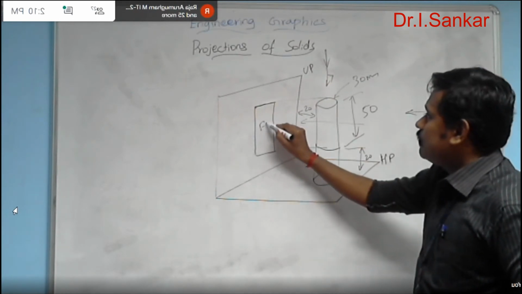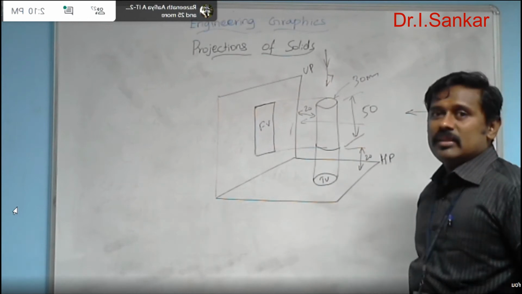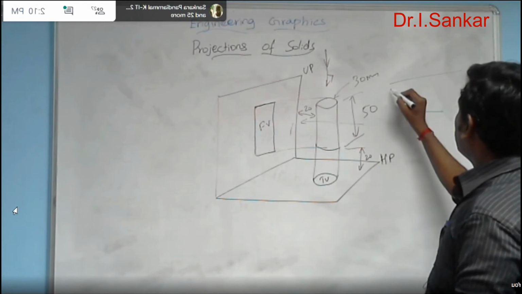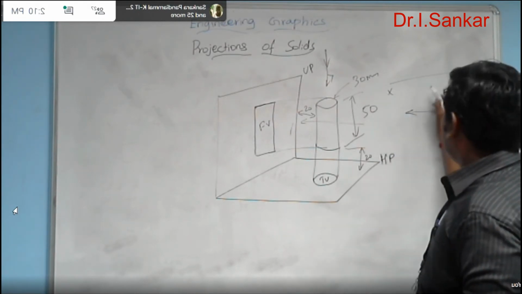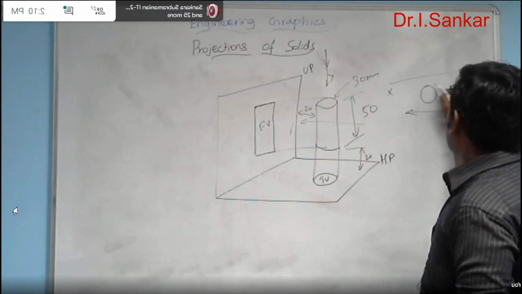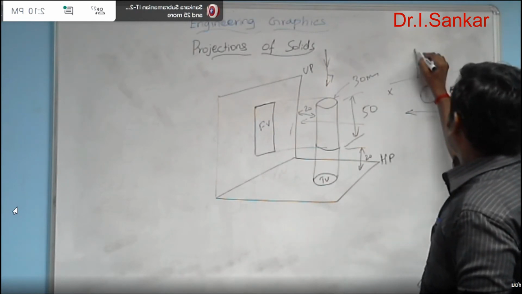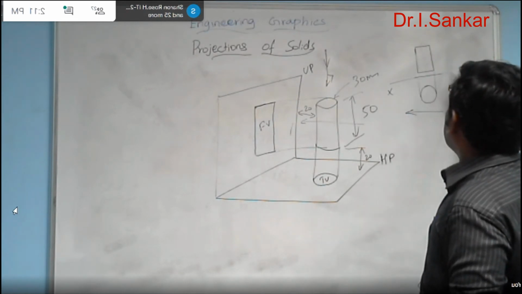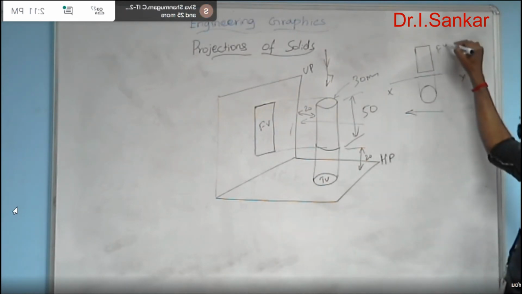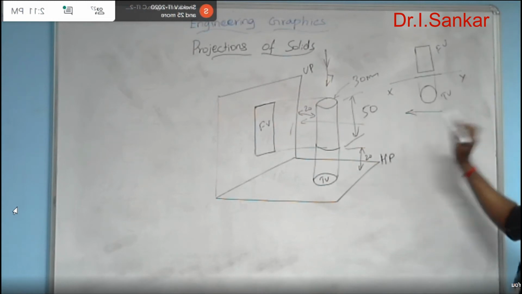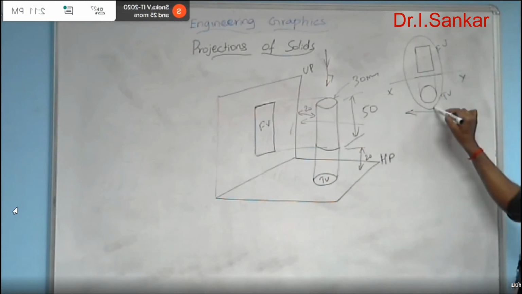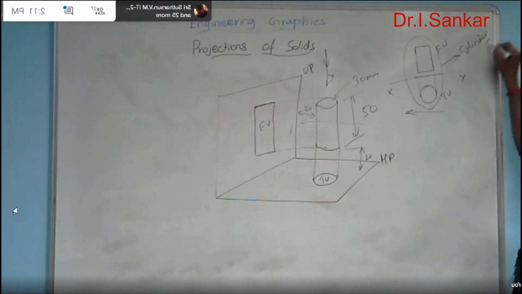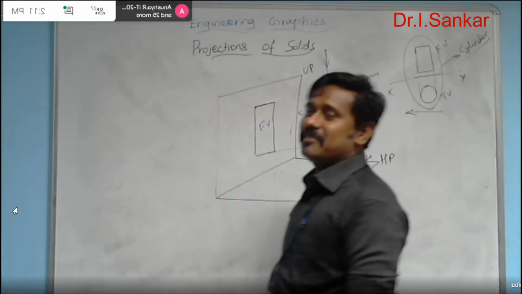So this front view and top view are nothing but the projections of this cylinder. When you draw them together on the paper, that is in the XY environment, in the top view you need to draw a circle, and in the front view you need to draw a rectangle. So this is the front view and this will be your top view. By reading this front and top view, you should be able to recognize the object, that it is a cylinder. So this is nothing but understanding the language of engineers.